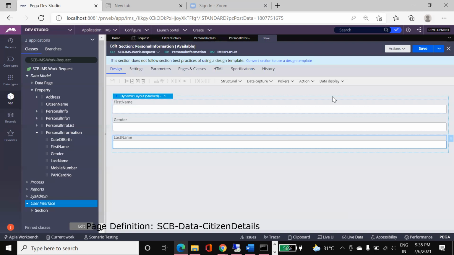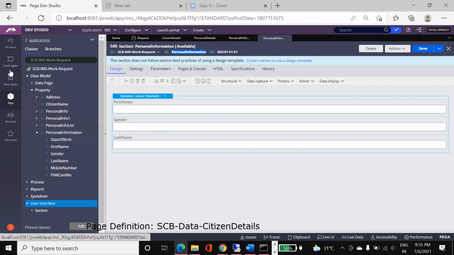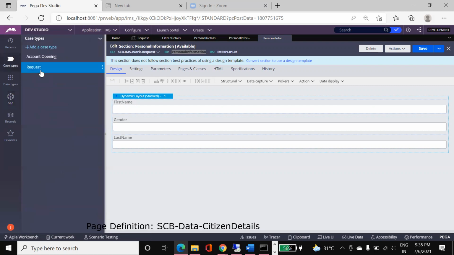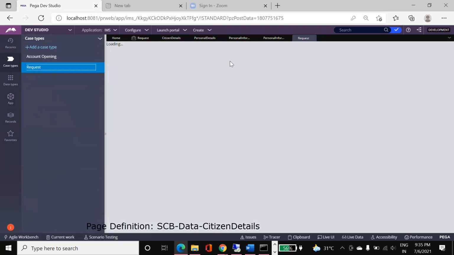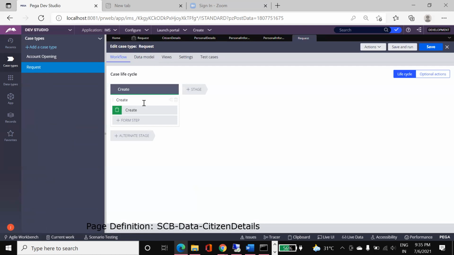So let's say these three properties are configured. Now I will configure this section in the flow.